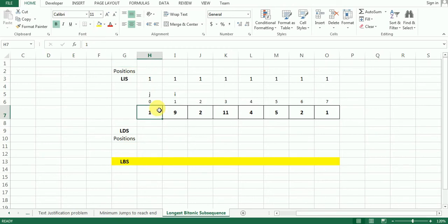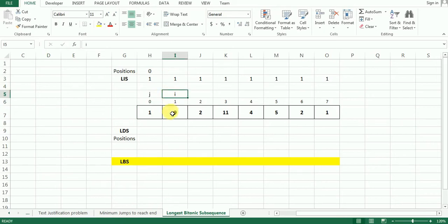So we'll be storing the addresses here. Okay, so here I am going to store the address as 0, because this is the base state. The longest increasing subsequence, if this is the sub problem, then it will always be 1 and its address will be 0. So let's begin from here.